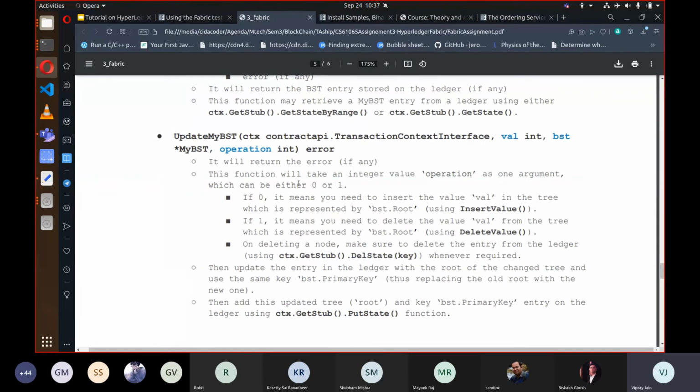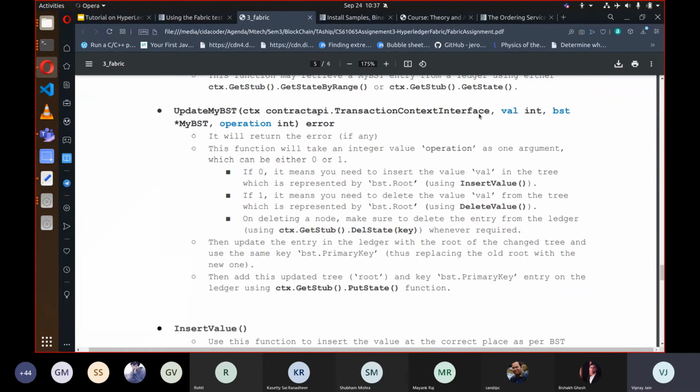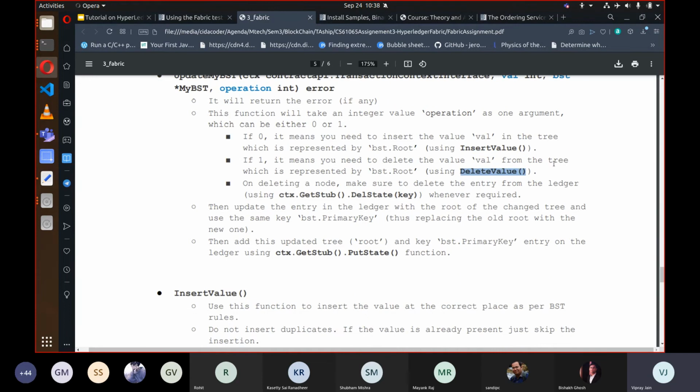So what this function does: if the value is 0, it means we need to insert the value which we are passing in this function. So we will be using another helper function, insert value, to insert this value in the BST root. And if the value of the operation is 1, then we need to delete this value from the BST, and we will use another helper function, delete value, to delete this value from the BST.